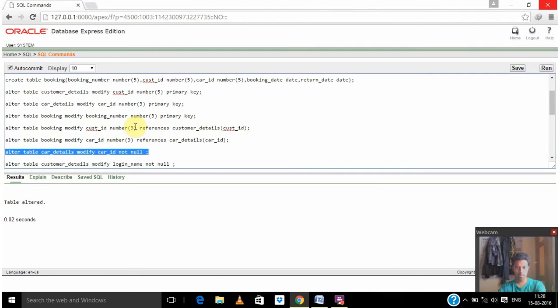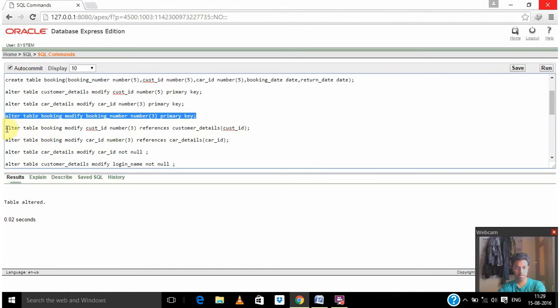Moving to the next, declare the cust ID and car ID as foreign key in the booking table. So this is the command for that, references. Before doing that, we have to make our car ID and booking number the primary key. It's altered. Again this, it's also altered.